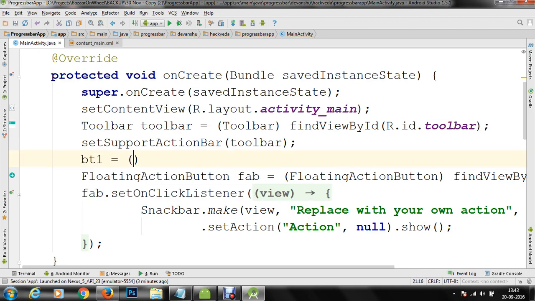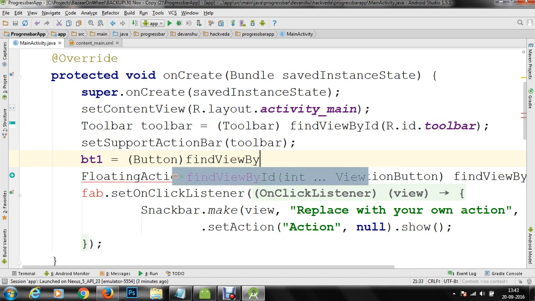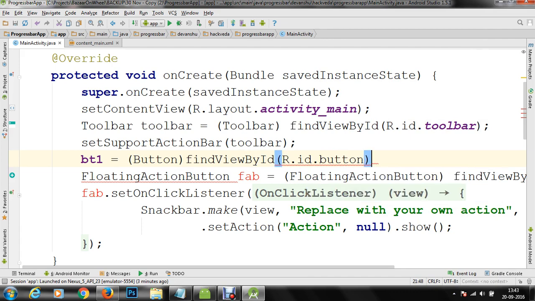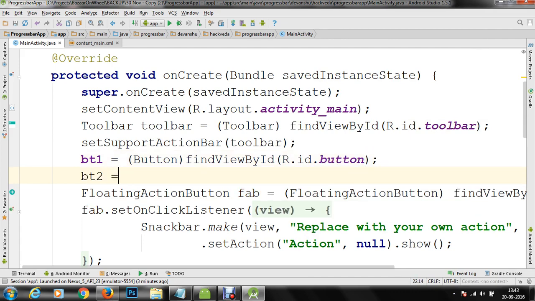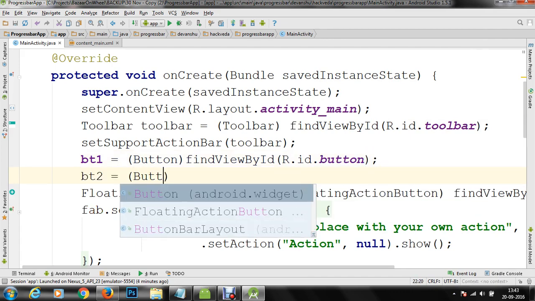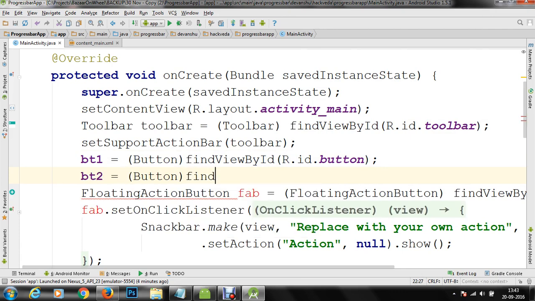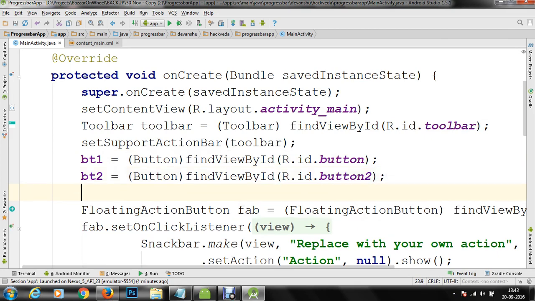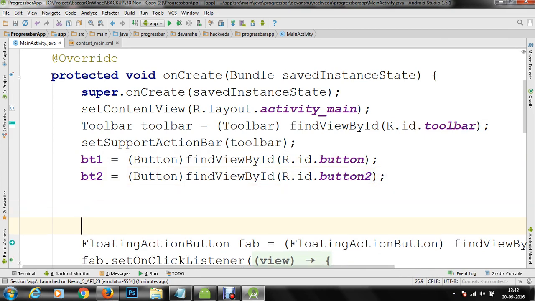Then we are going to refer the button control. We are going to find view control by its ID, and we are going to specify the ID as button, and the second will be BT2, that will be typecast into button. We'll find view control by its ID, and we'll specify the ID as button 2. So now we have got these buttons referred in our application.